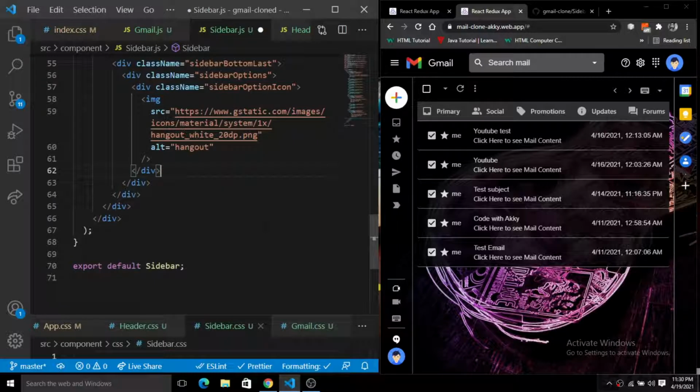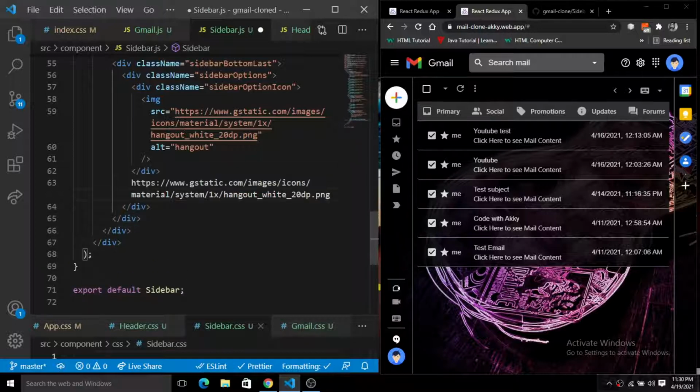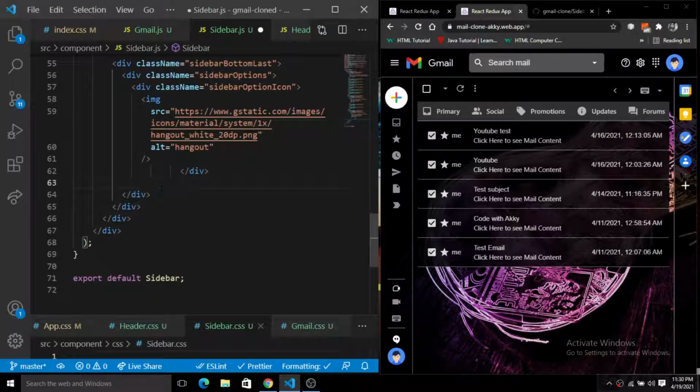So here we have this sidebar option icon. Just after this div, let's create another div. Let me give the class name sidebar option.